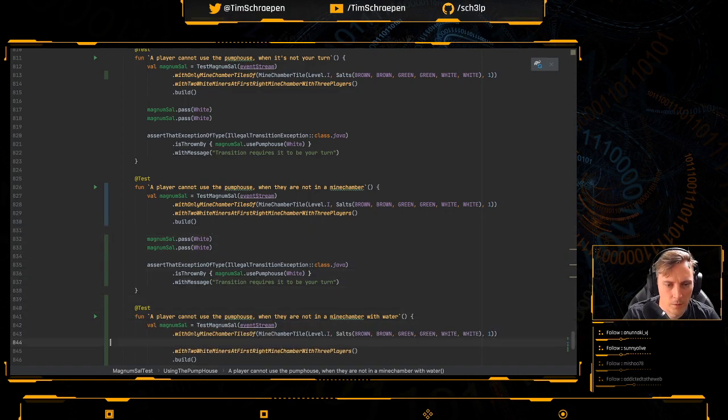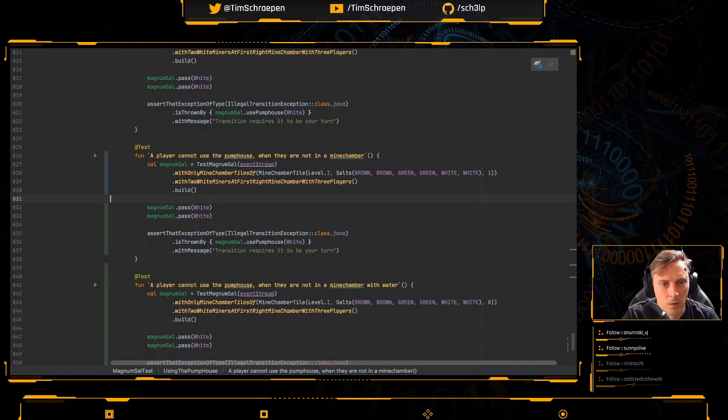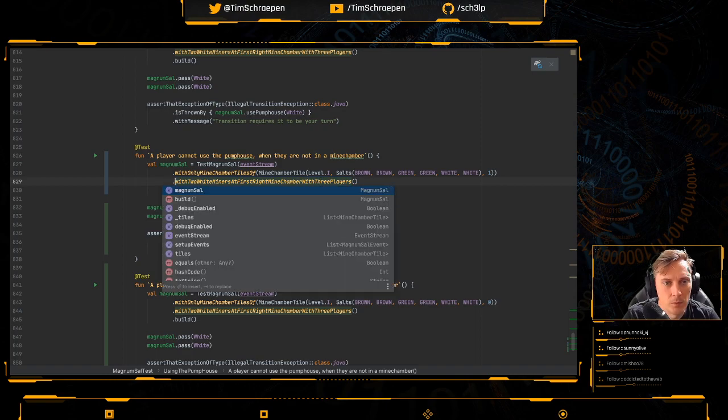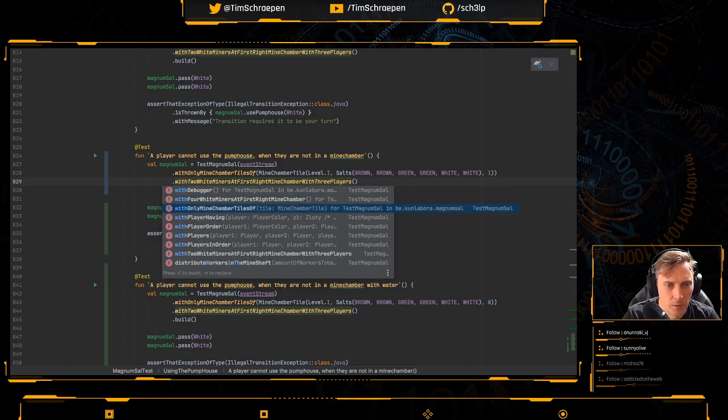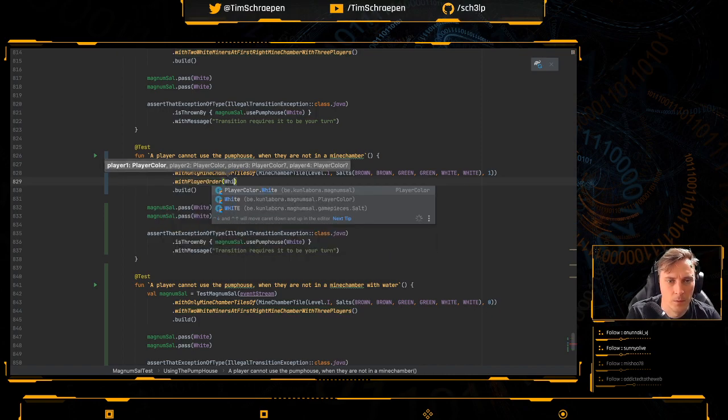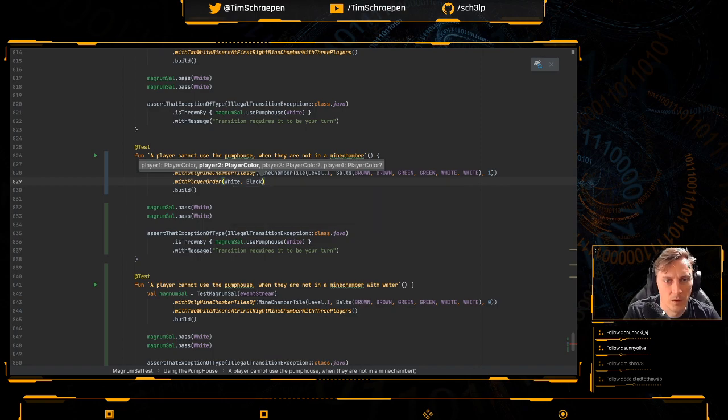And then here I only want mine chambers without water. Okay. So here it doesn't make sense to... I don't want to be in a mine chamber, so maybe what I can do instead is to just go with player order, white, black or something, and then